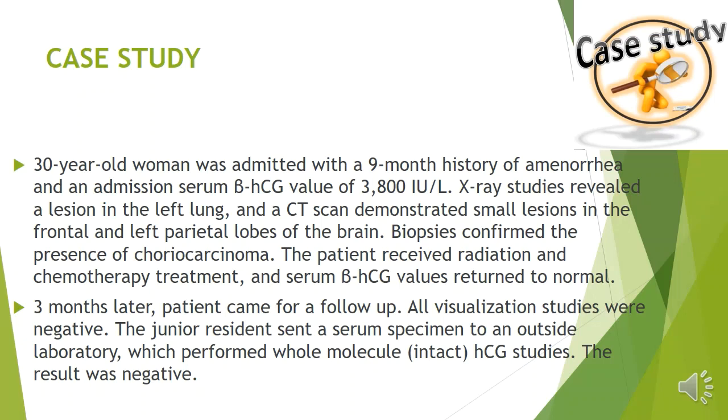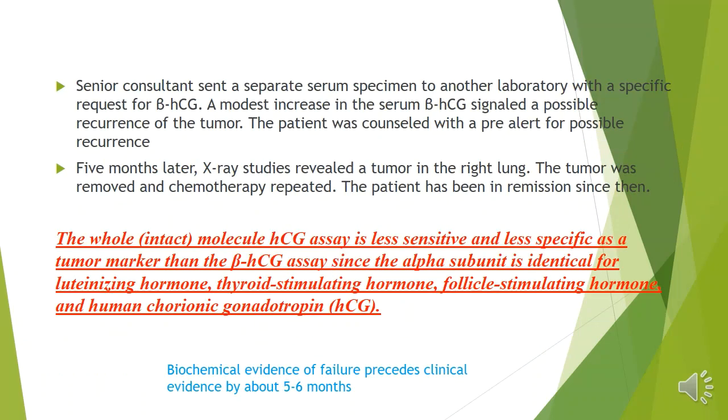A modest increase in serum beta HCG signaled a possible recurrence of the tumor. So the patient was counseled that there is a possibility of recurrence. 5 months later, X-ray studies revealed a tumor. So much before the radiological evidence, beta HCG could tell that there is a chance of relapse. But why do you have to select beta HCG? Because the whole intact molecule of HCG, total HCG, is less sensitive. It can be used for pregnancy, but it is less sensitive as a tumor marker,